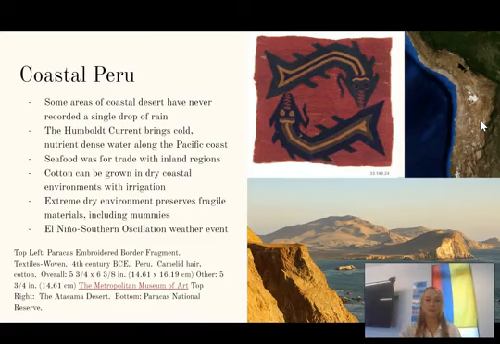So coastal Peru is a really interesting place because it is extremely, extremely dry in this desert region. So basically what happens in South America is a lot of moisture comes in from the Atlantic Ocean. It hits the Andes mountain range, and then all the rain comes back and dumps on the Amazon rainforest. And then it creates this rain shadow. And then to the west of the Andes Mountains, there's almost no precipitation.